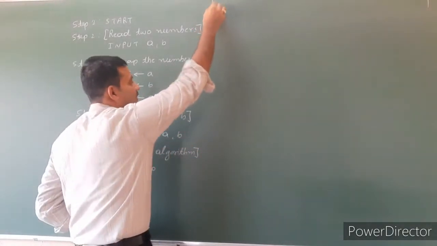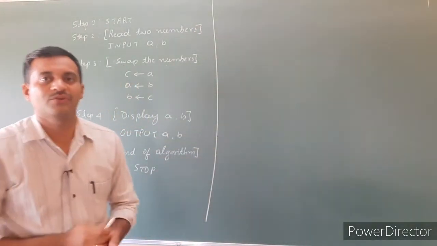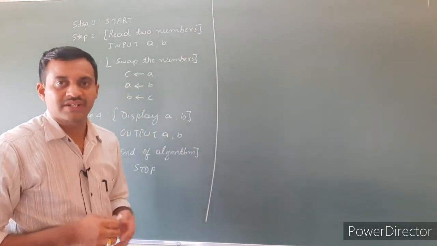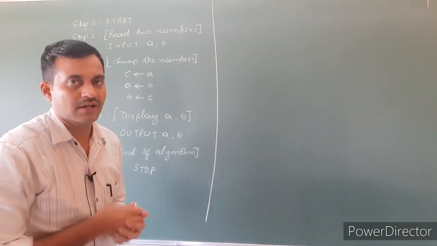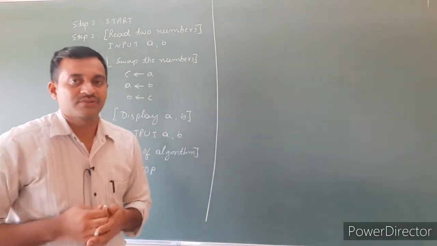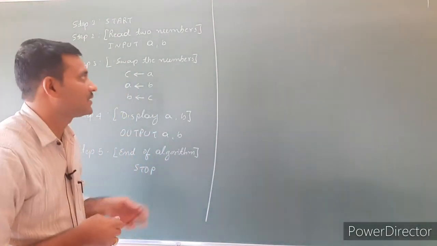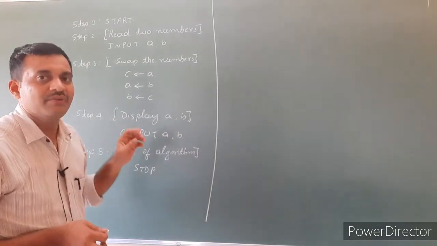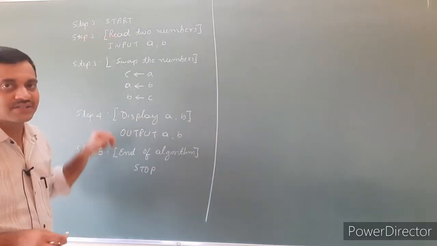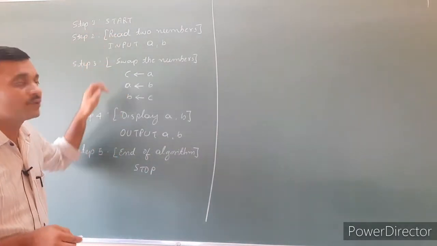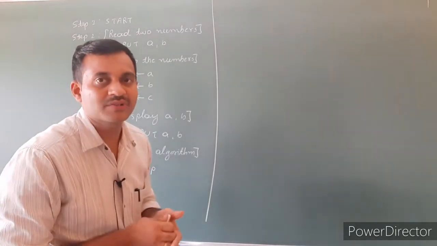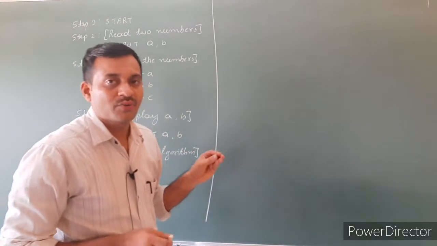So using this algorithm, we have to write the flow chart. Here flow chart is a diagrammatic representation of the algorithm. To write the diagrammatic representation, we use some symbols. Those are called flow chart symbols. For every step we use the symbols. Here the oval represents the start and stop, parallelogram represents the input output, rectangle represents the process. Using those symbols, here we write the flow chart for swap two numbers.